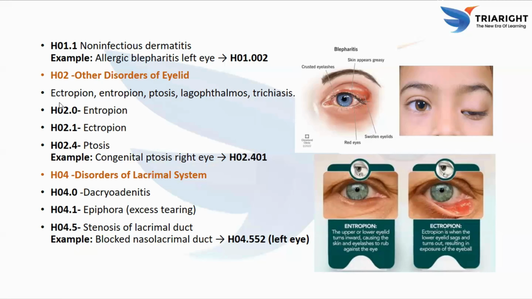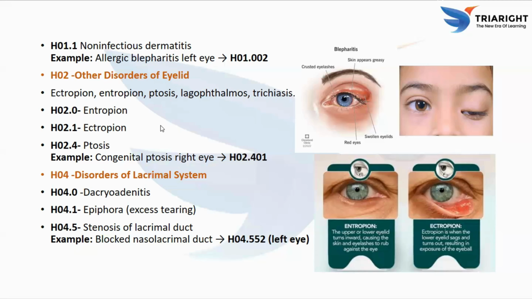So what do you mean by entropion? The eyelid turns inward. It causes the eyelashes to rub against the eye. So this condition is called entropion. So what are the clinical features of entropion? Irritation, corneal abrasion risk, watering, and also foreign body sensation. So H02.1 is ectropion. Ectropion is nothing but the eyelid turning outward, exposing the